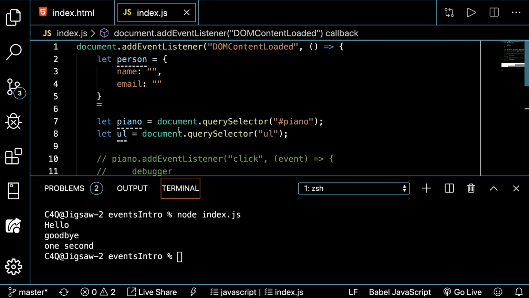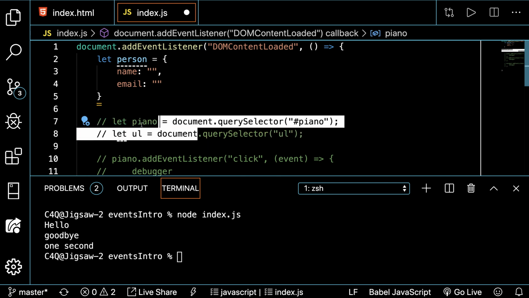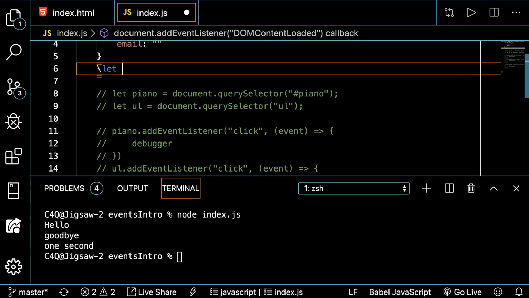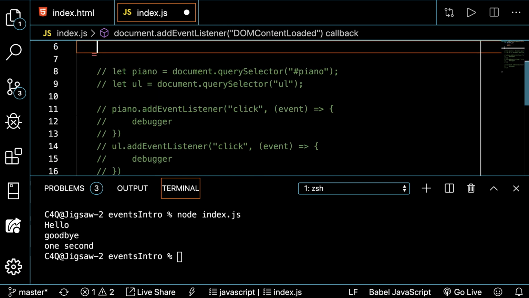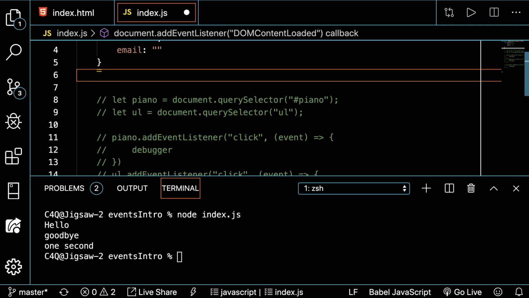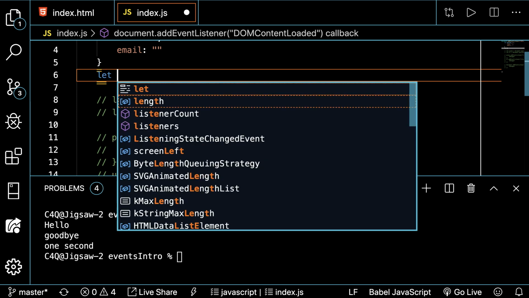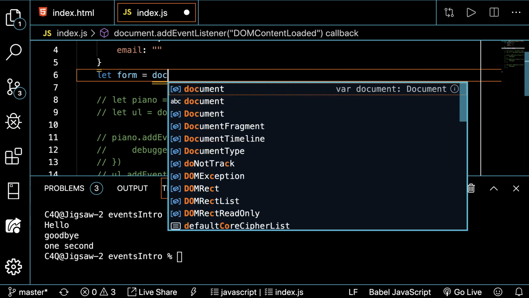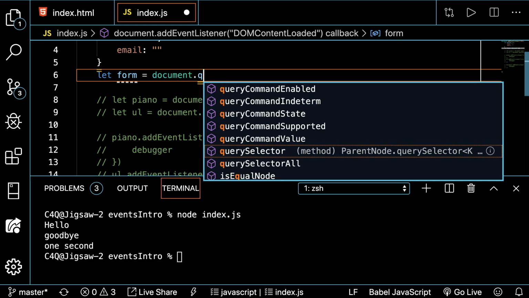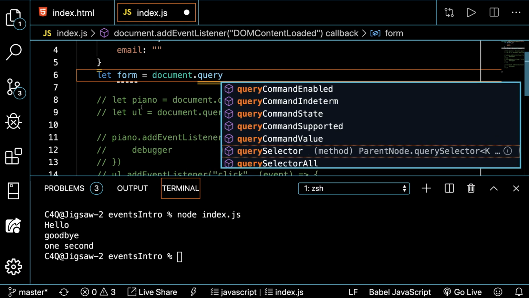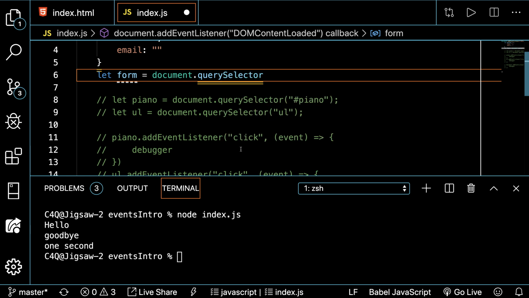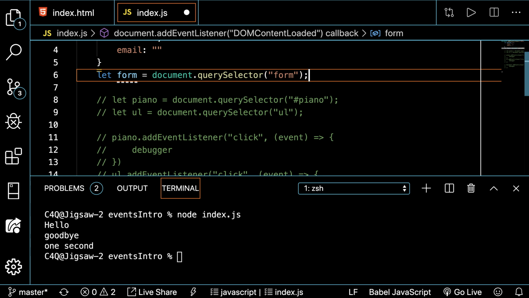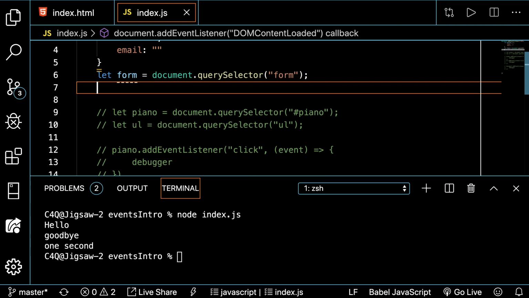Okay, so if we've got that, let's go ahead and put one on the form. So let's say, okay, we're going to say let form, and we're going to go grab it. How do I grab it? Query selector form, sure. I'm just going to put the tag name in it for now. And I can add a listener